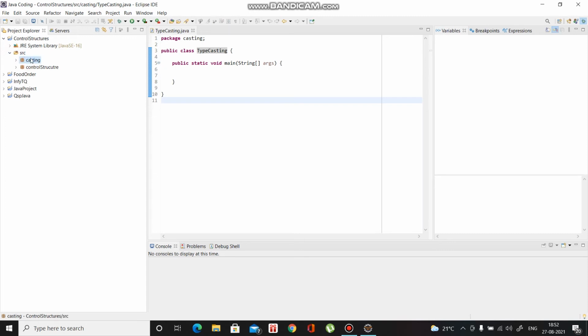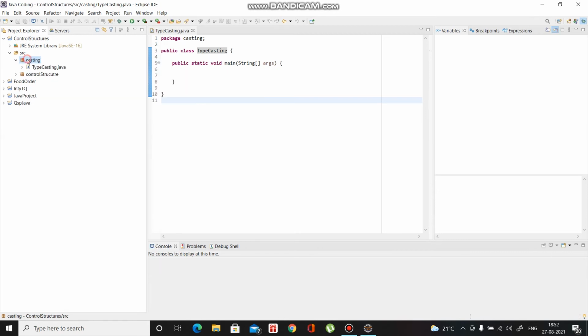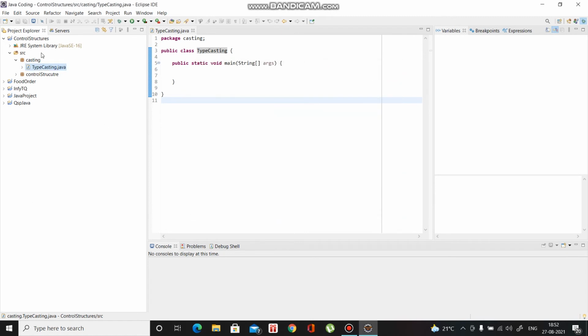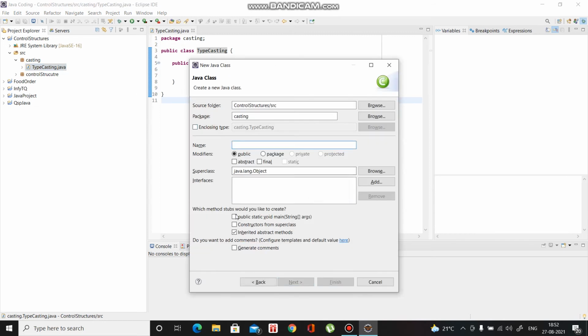You can create a package by right clicking, New, Package. Inside that package, press Control N, which opens a select wizard for a class. Create a class name, and click on public static void main, then click on Finish, and you will create a class.